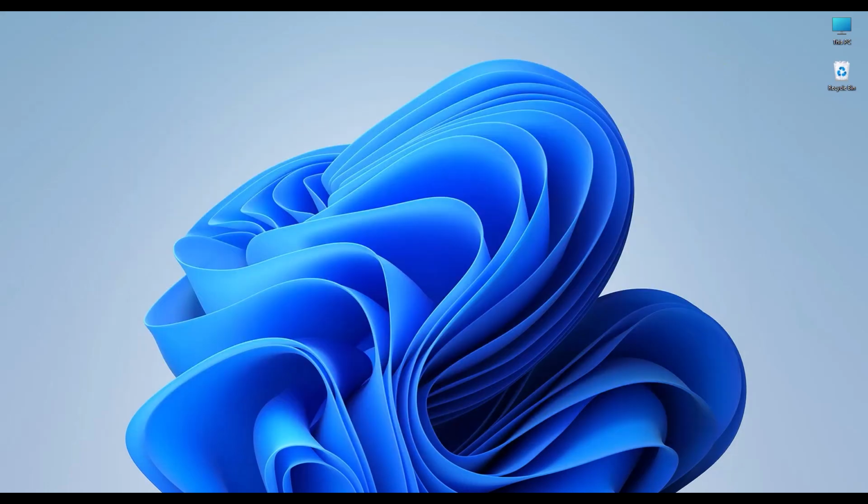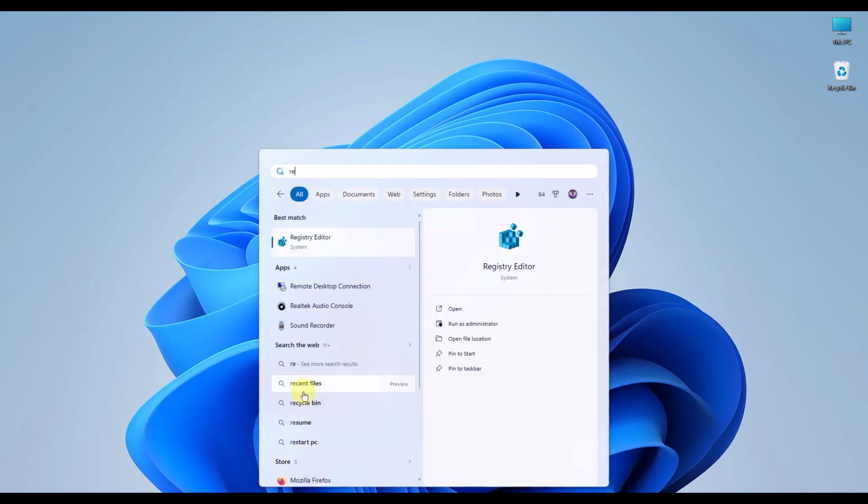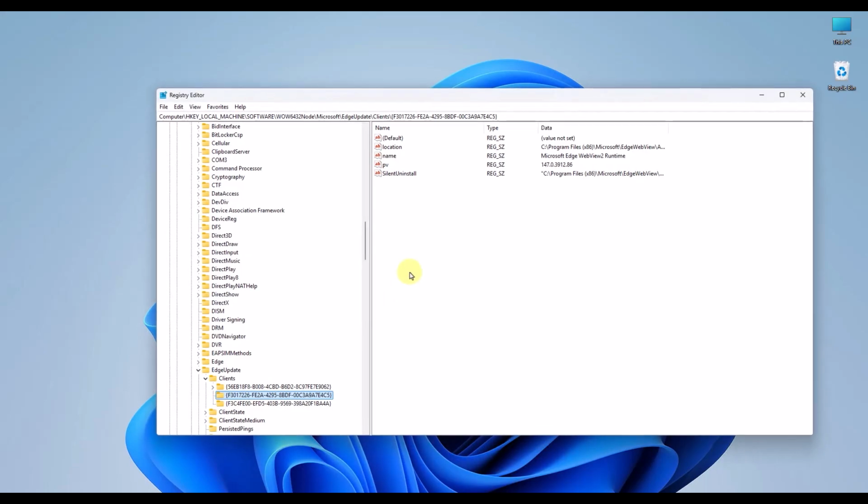Next, if the repair tool fails to run, a Stuck Registry Key might be blocking the process. Click your Windows search bar, type Regedit, and open the Registry Editor as an administrator. Carefully navigate to the exact registry path provided in the video description. Right-click on that specific numbered folder and select Delete. This forces your system to forget the broken, stuck installation of WebView 2 so we can properly install a brand